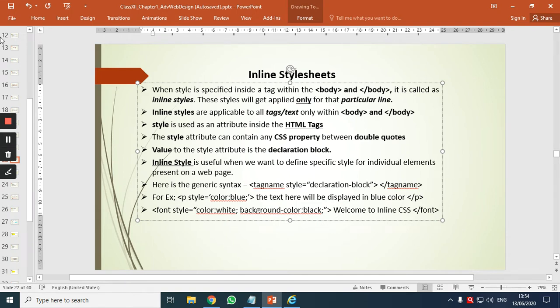Okay, the general syntax here is less than sign, angular bracket, tag name. Tag name means it is the name of a tag. It can be a font tag, it can be a table tag, it can be heading tags, H1, H2, H3, H4, H5, and H6. It can be a paragraph tag, it can be a marquee tag, it can be an anchor tag, any tag. It can also be a body tag, any tag. So to which tag you want to apply style? The name of that